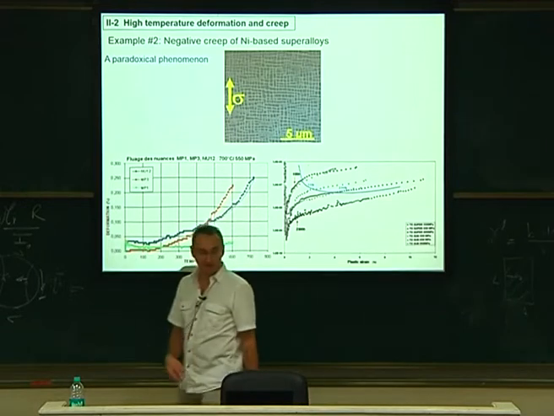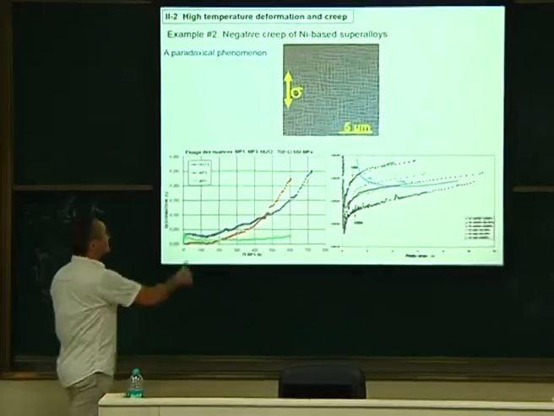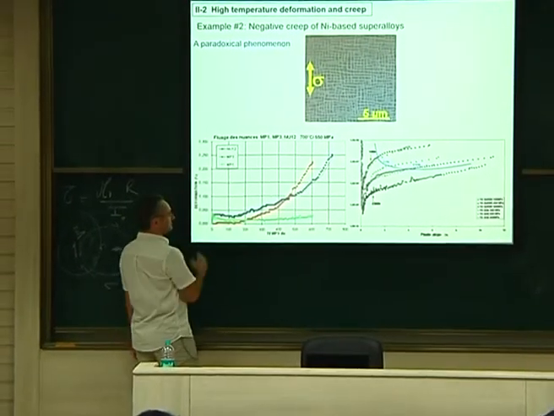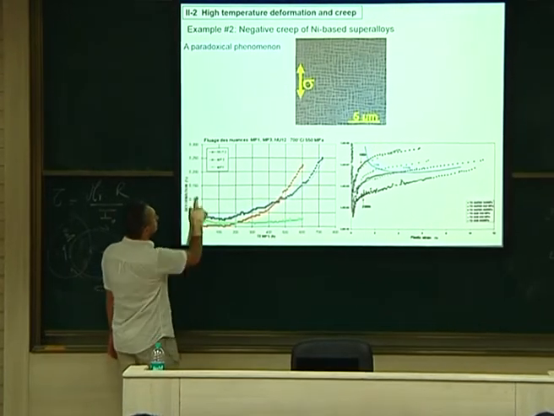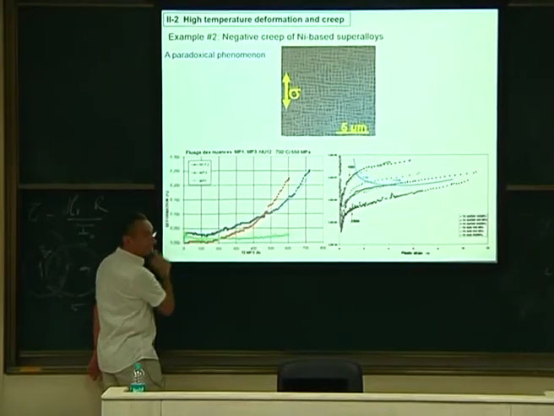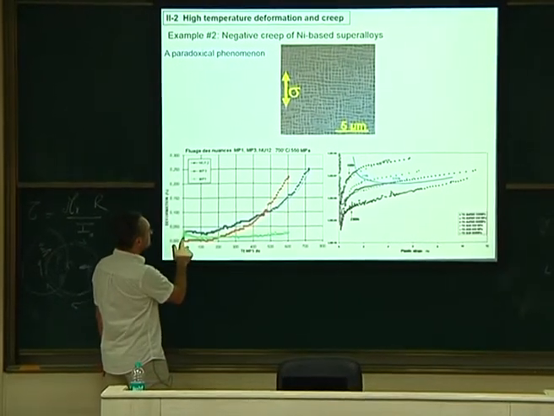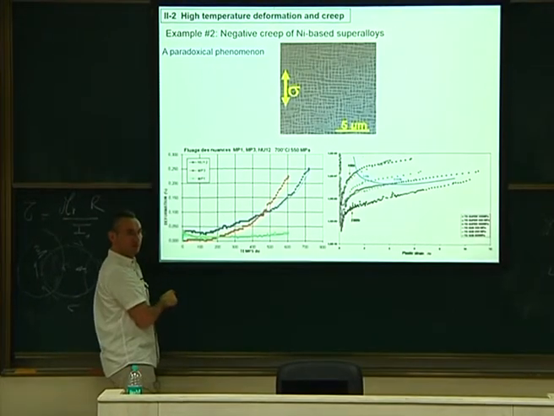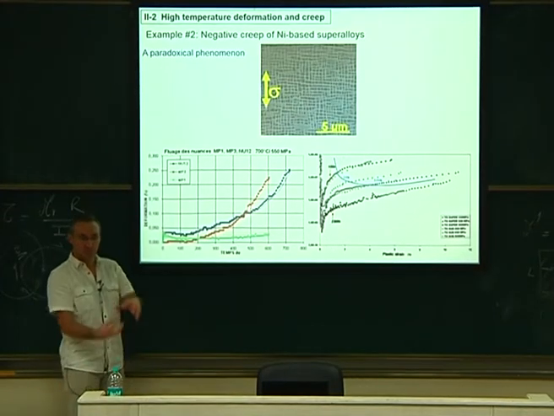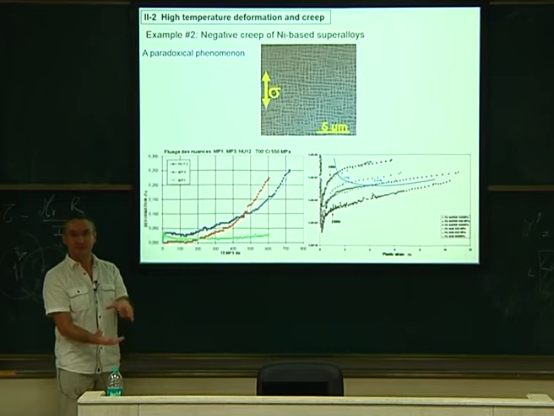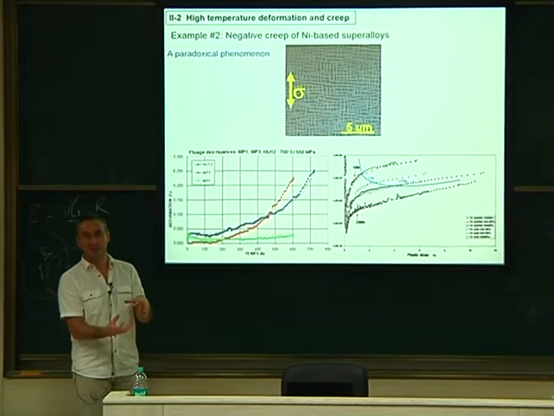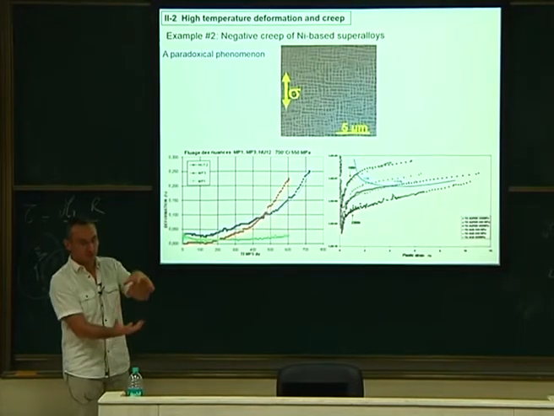So this is a lab test, and during the lab test, in the literature you will often find something very strange. When you look at the first stage of the creep, the deformation, and you can take the derivative of this if you want, the creep rate is negative at the beginning. It means that first you deform, and then you don't deform. This is unusual. You pull on it, and it is contracting. What is this? It's like a negative elastic modulus. Elastically, it's impossible. You can do that with architectured materials, but not with continuum materials. You pull on it, and it's contracting.